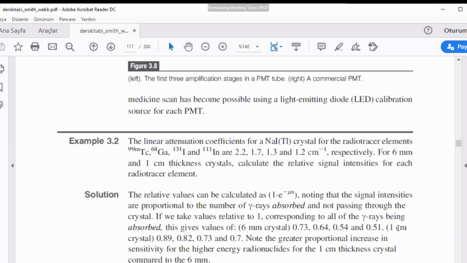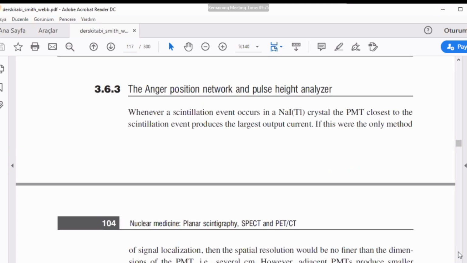Since there's a solution, I left it as an exercise for you. And these photomultiplier tubes count the number of electrons, or actually photons, coming to their views. And from all positions of the photomultiplier tubes, with the position networks, their XY coordinates can be calculated. Pulse height analyzers decide the energy level of each pulse, whether that pulse is valuable information for the image